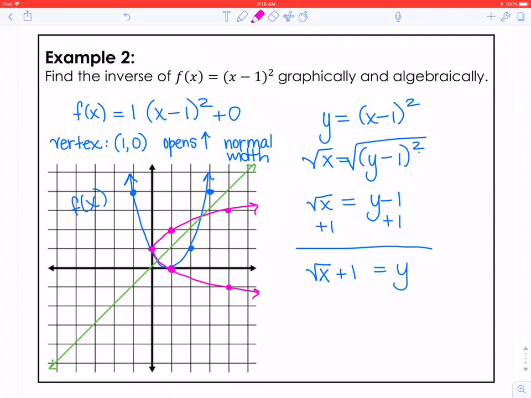Now remember, we are looking at a function, and so that is going to be f inverse of x, meaning the inverse of our original function, x minus 1 squared. Its inverse function is the square root of x plus 1. Only the principal square root. So really,